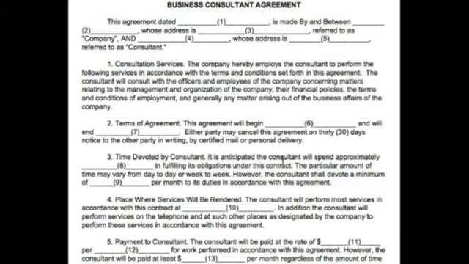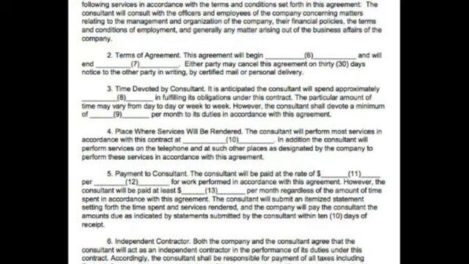It's anticipated the consultant will spend a certain amount of time, but it will vary week to week. That's another thing that helps show that they're an independent contractor. The place is, will perform more services at XYZ. In a perfect world, you would not tell them where they can do it, because they're an independent contractor. They can do whatever the heck they want. But of course, I know that sometimes a contractor needs to be on site.